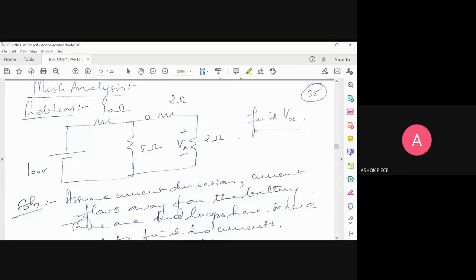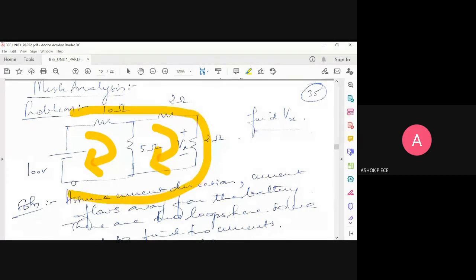So if you take this circuit diagram which you see, how many loops are there? Three. You are able to see three loops here. This is one, this is one, and this is one. Can you see three loops here? Yes, sir. See, the three loops should be distinct. They should not be the same. So I have two smaller loops and one bigger loop.